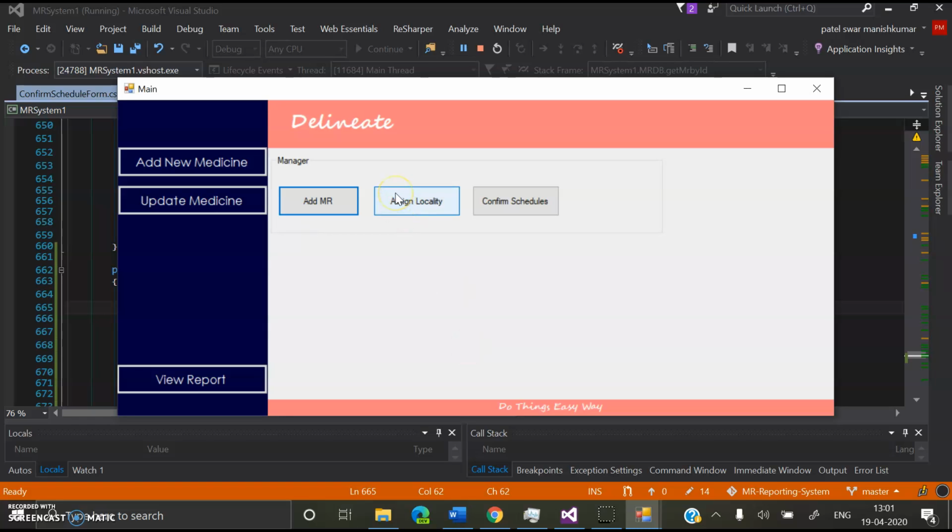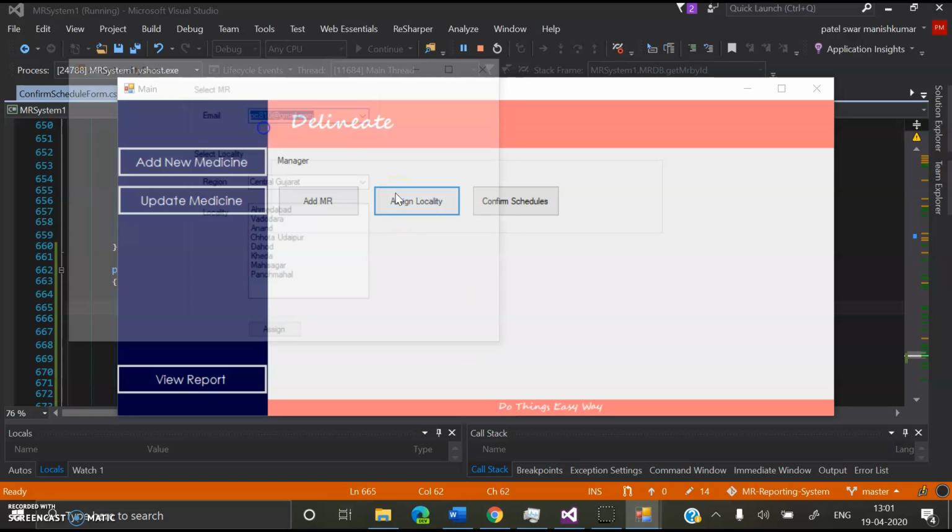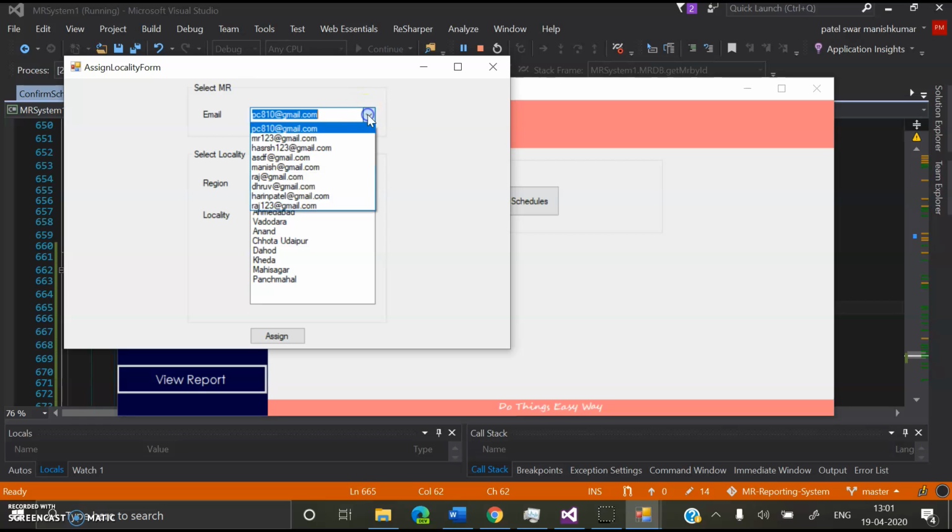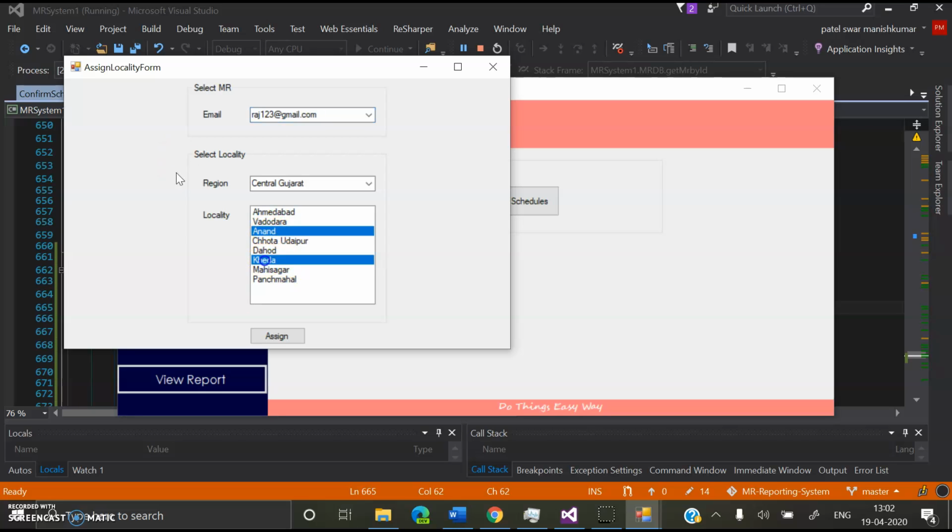The new MR is assigned, and for that newly added medical representative we assign the locality, the district he is going to work under. So here we assign Anand and the Kheda district to that newly added medical representative.